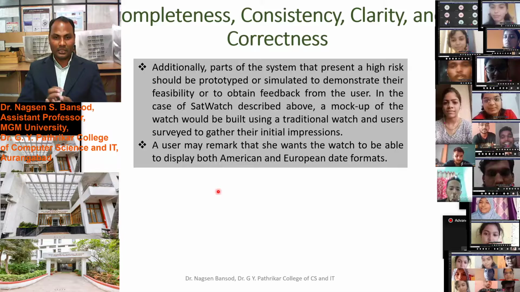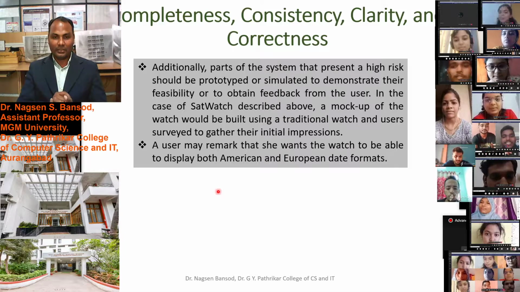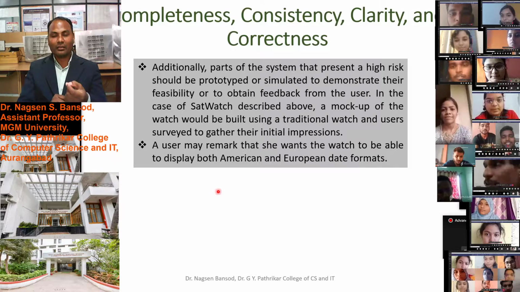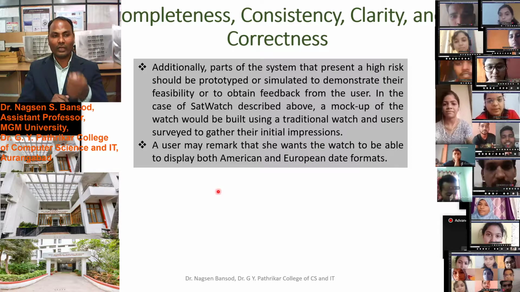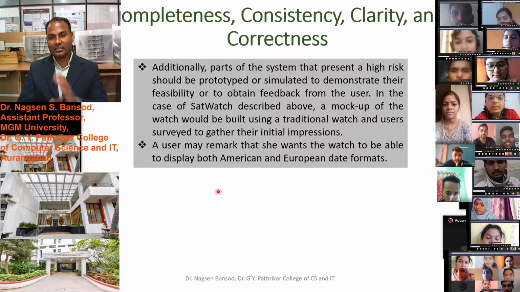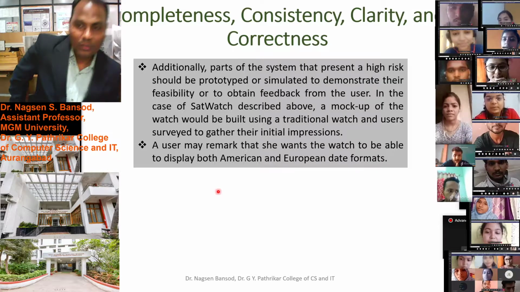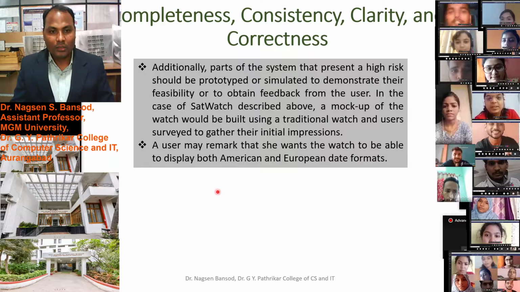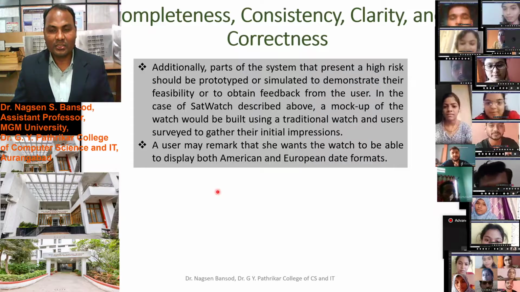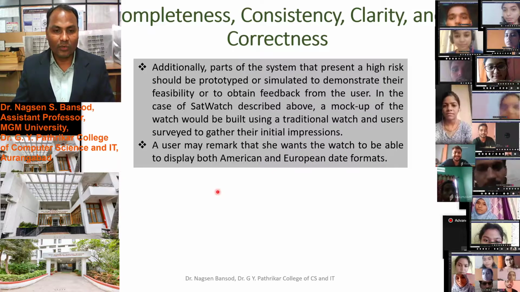And correctness: there should be accuracy about all the functions. Suppose we are designing software for attendance purposes and it is not giving the proper attendance, then that software is not useful. So if you have any doubt regarding completeness, consistency, clarity and correctness, you can ask me a question.